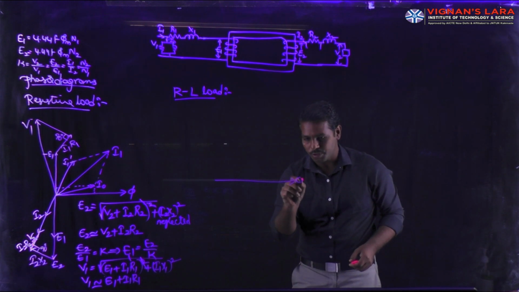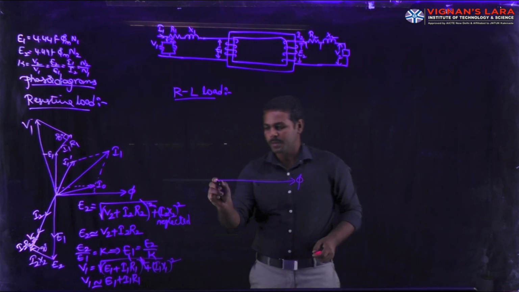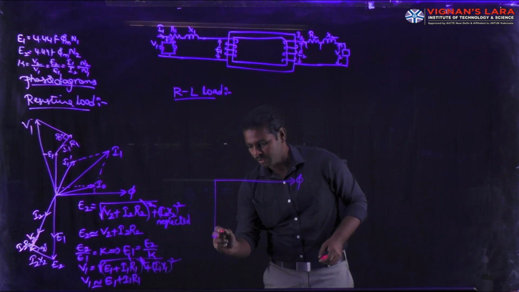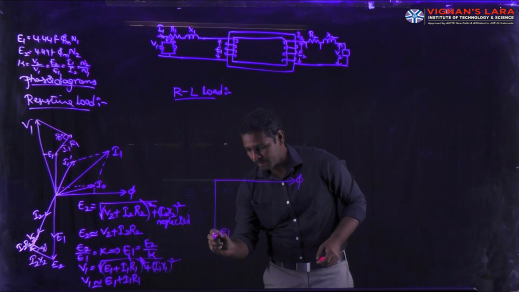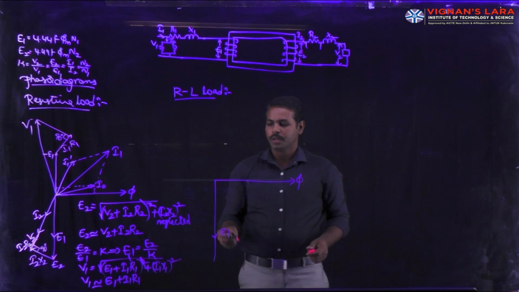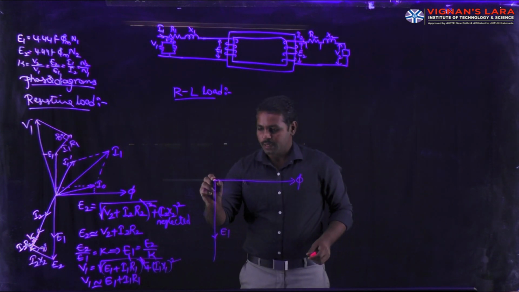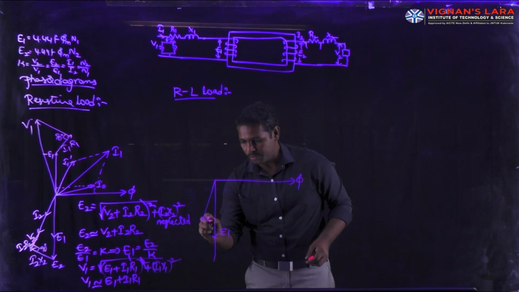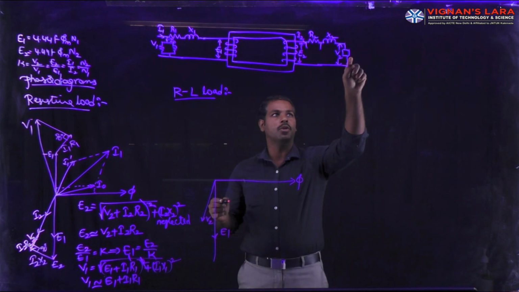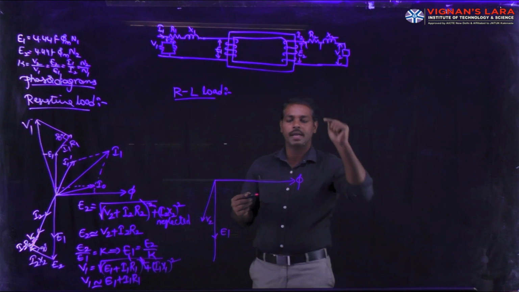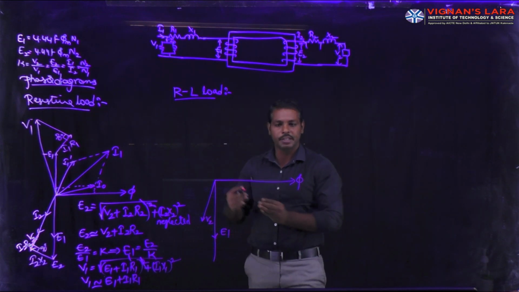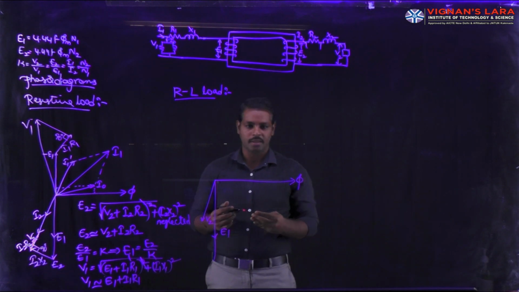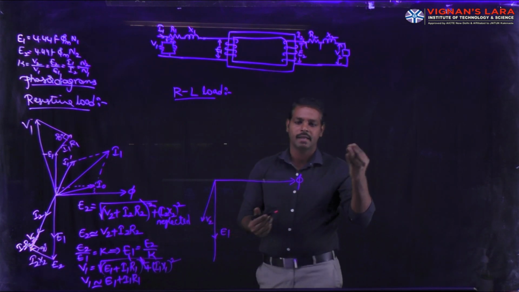Which is equal to phi. Similarly, E2, which is equal to E1, another one is E2. Voltage V2, which is equal to V2. Inductive load means V2 and I2 are both lagging in nature. The current always lags the voltage by an angle phi. Only then do we represent it as an inductive load.